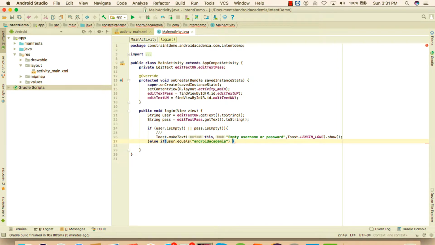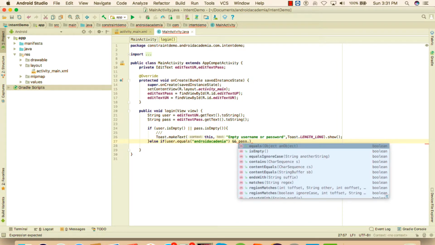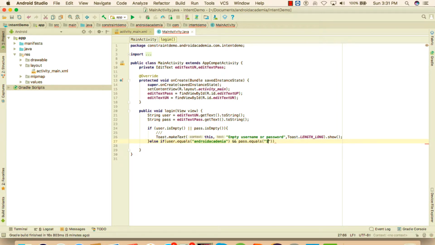All right, and password equals, let's say, 123456. What we can do is use intent to perform navigation. To perform a navigation, we need to open, when the user clicks on